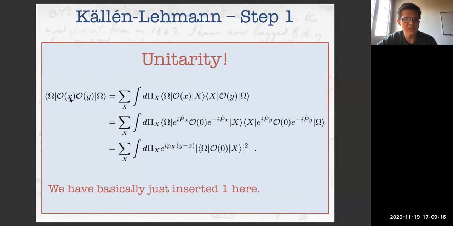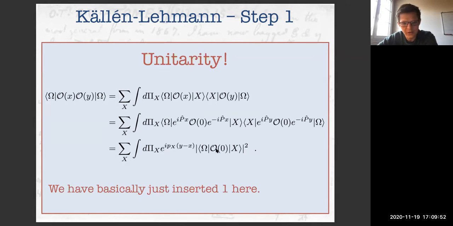So we can take this operator and just literally sandwich it in between the two insertions of this scalar operator. And this doesn't have to be a single field like the Higgs. It could be 17 Higgses or 4 fermions or whatever. Any scalar operator can be composite. So you sandwich these states in between, use the fact that these are momentum eigenstates, and act with the momentum operator to write this in this form. So we've done nothing to it, we've just put 1 in, essentially.